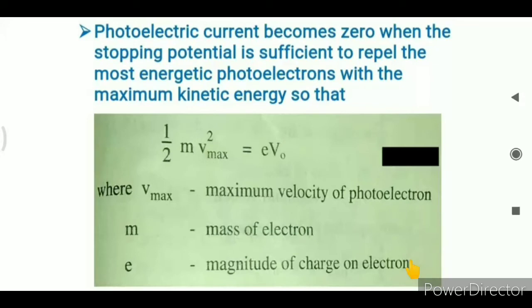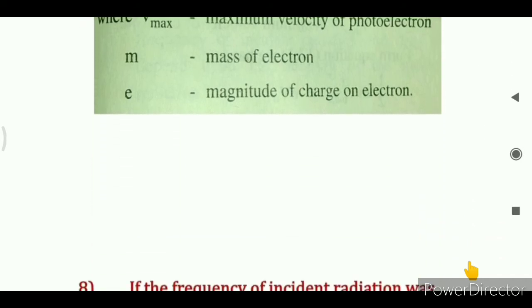So the maximum kinetic energy of the electrons depended on the potential V for a given metal used for the emitter plate E and for a given frequency of the incident radiation. Now, if the material is changed or the frequency of incident radiation is changed, the kinetic energy is also going to be changed. Let us see the next observation based on this.